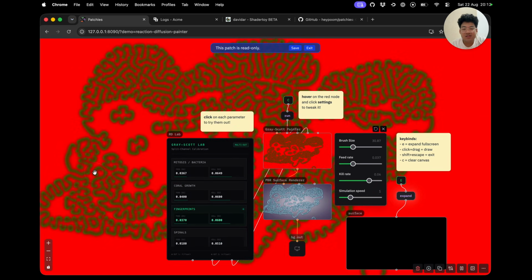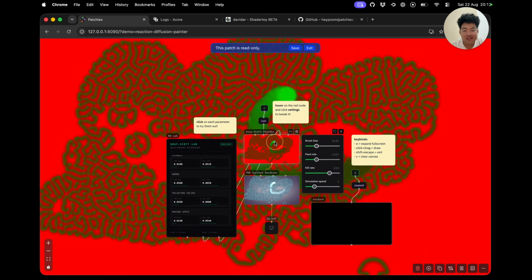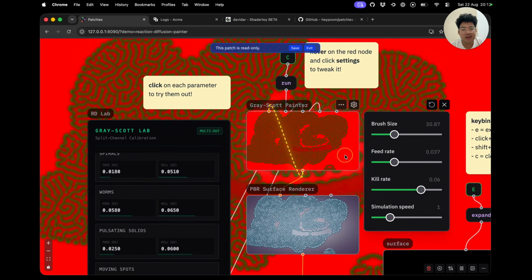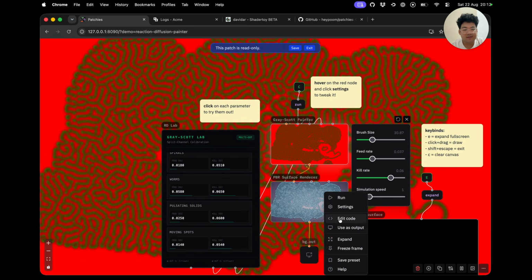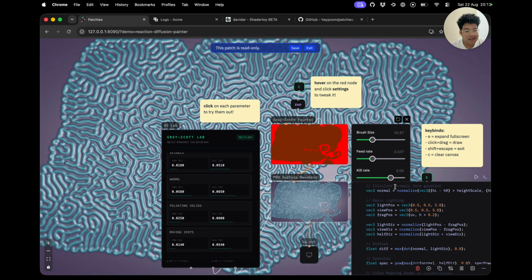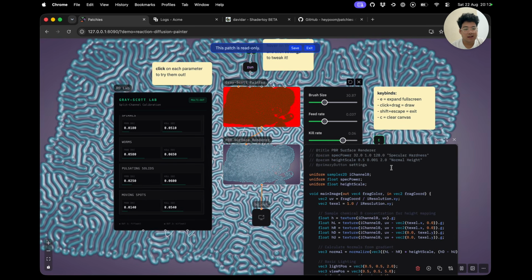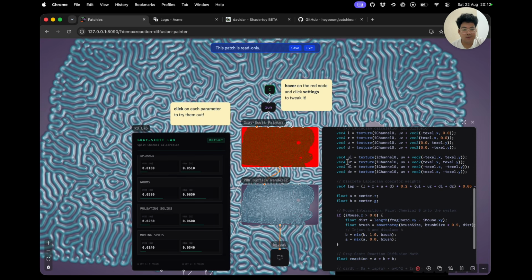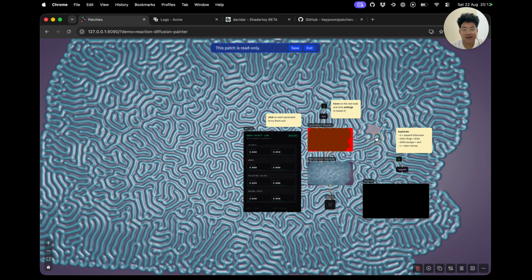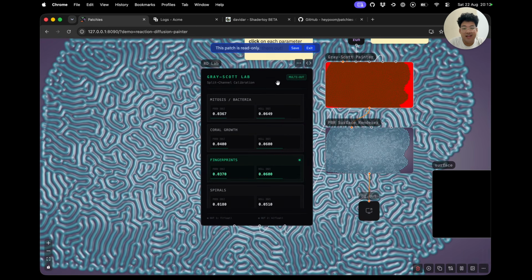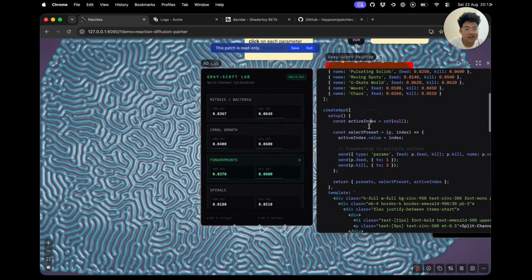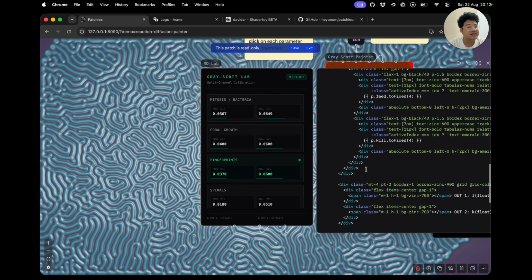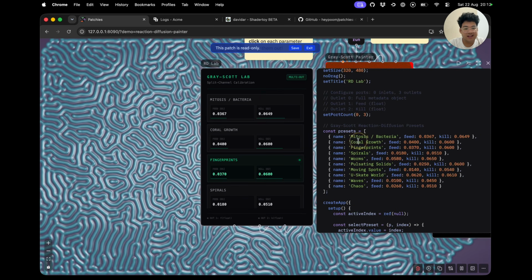Because actually this starts from a shader that has a feedback. Gray-Scott reaction diffusion is based on feedback. So it's one slab, and then we add another slab of code to do some PBR, physics-based rendering. So you can have different operators doing their own thing, and this custom UI is, I think, Vue.js if I remember correctly. Yep. So that's just some Vue.js that you can add in, and you can create new presets